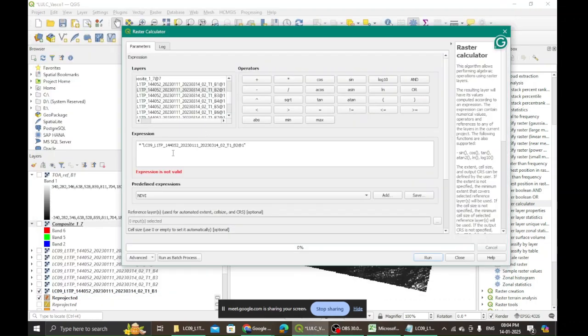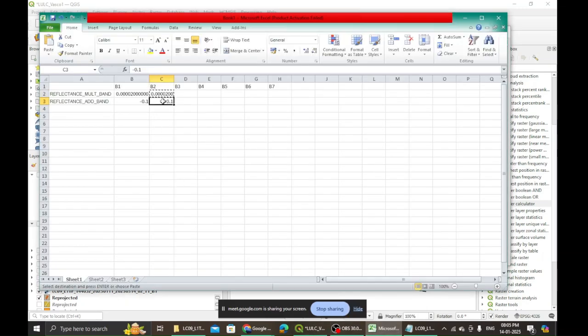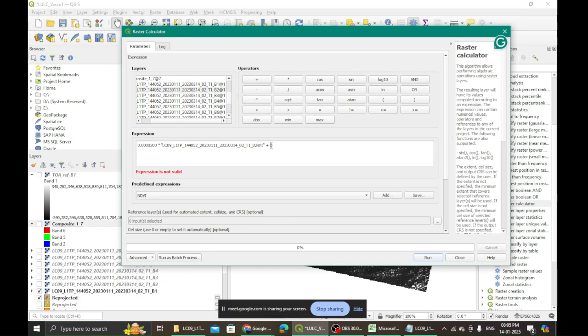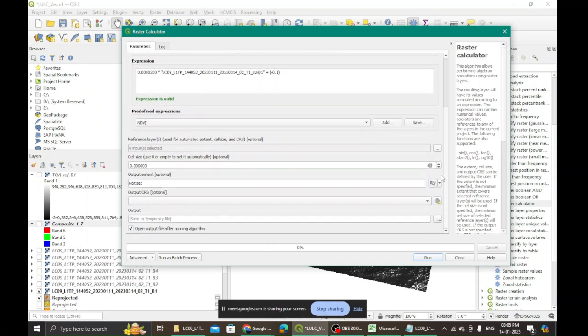Control C, bring it here, and Control V, backspace, such that it goes up, and then plus bracket, plus, then bracket close, and within this bracket I will add my reflectance additive factor for the band 2. Copy and then paste, right? So my expression is valid now.